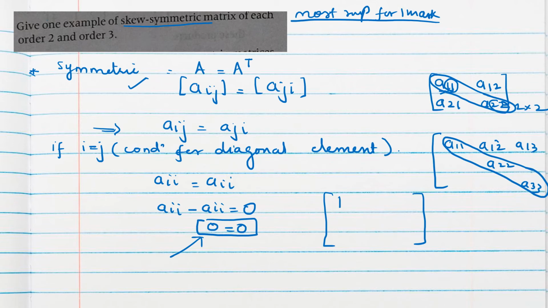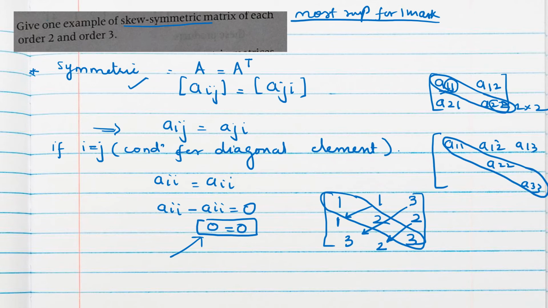That means if I write 1, 2, 3, 3, 2, 1, minus 1, minus 2, minus 3, any values I can write here in diagonal element places. Okay, because there is no condition on that. But to write a symmetric matrix, this diagonal element should act as a mirror, no? Suppose here 1, 3, 2. So this element should be 1, these elements should be 3, this element should be 2. These diagonal elements will act as a mirror. Okay, 1, 1, 3, 3, 2, 2.